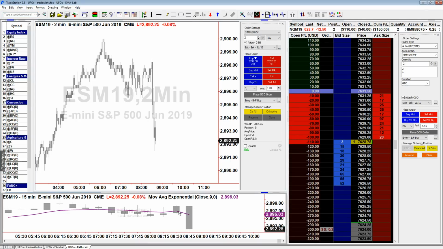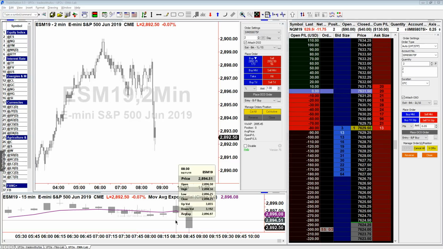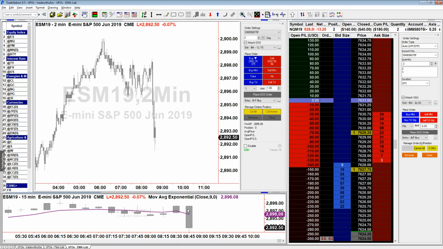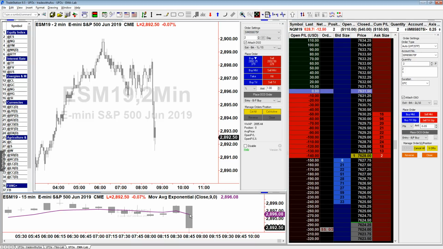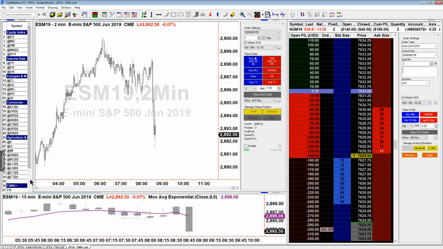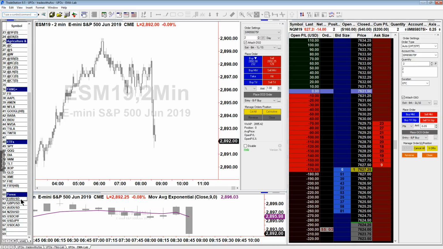Okay, the prior close was what? 28.96, and the close is 98. So the prior close was above. Okay, so we have a pretty aggressive change of trend. We cannot call it a change of trend yet because we will know this for sure in 6 minutes from now. This is when it will be 9:45 a.m. Eastern time. So we'll have to come back to this later. Okay. So back to the world of currencies. We're gonna be moving into the world of currencies while we have the NASDAQ trade running.